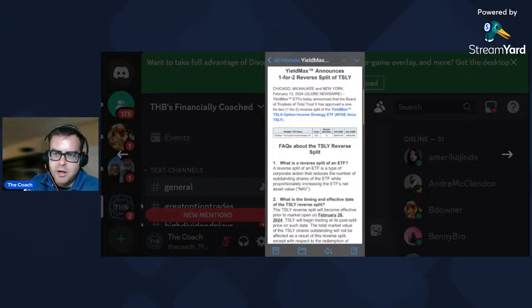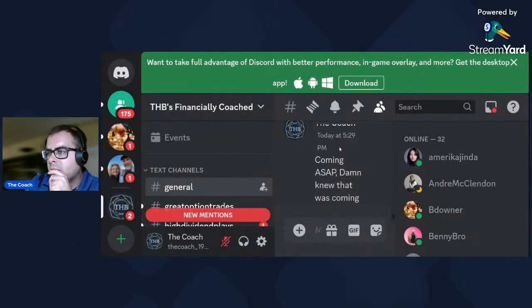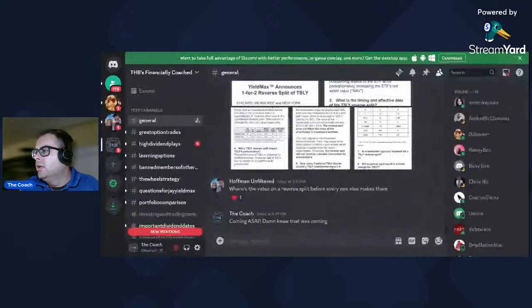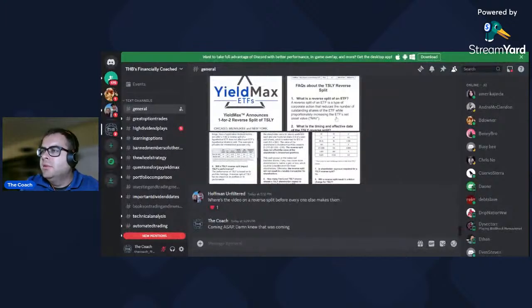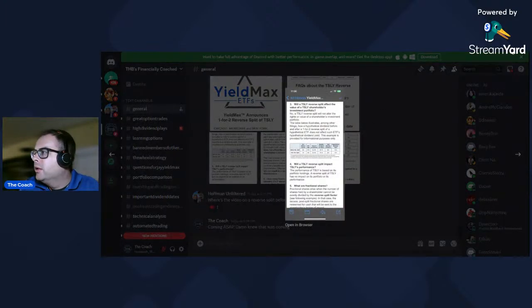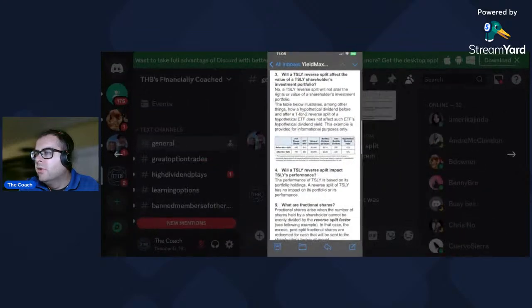As I've explained, the total value is not affected. It's the number of shares times the current share price. So your number of shares reduces in half, share price doubles. So total value is not affected. But as you all know, me personally, I'm not a fan of reverse splits. Okay, where else are we here? I'm kind of excited in a weird way. I'm not too happy about it, but I was kind of chomping at the bit to cover this.